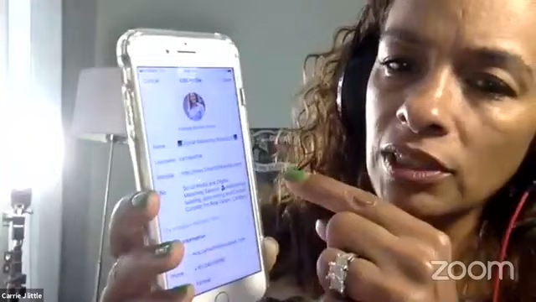And when you click edit profile, what I want you to see is when you scroll down to the bottom,